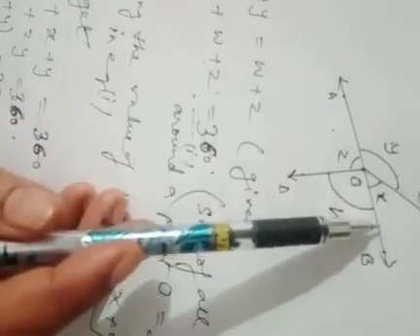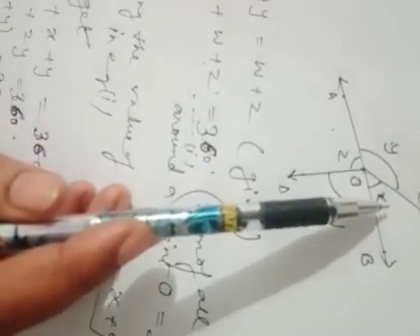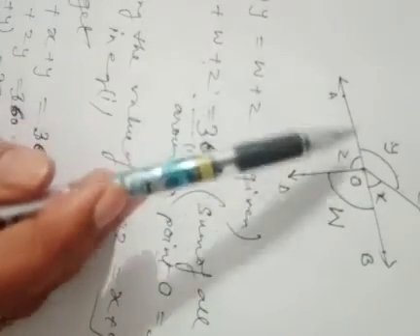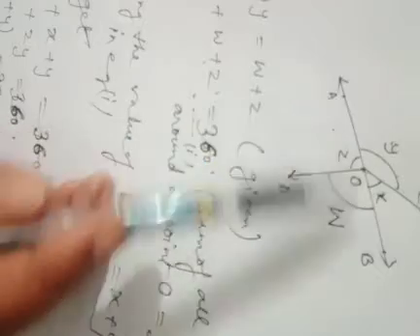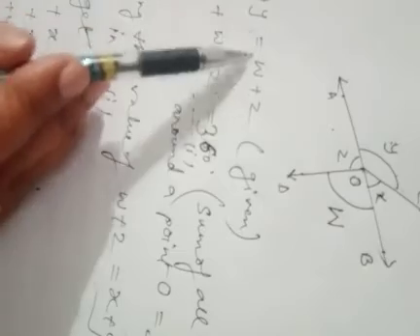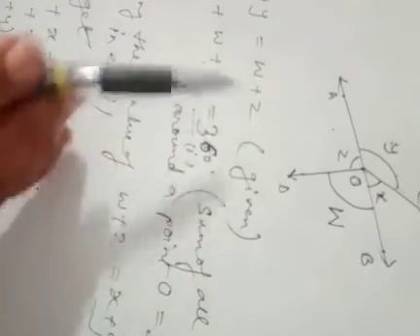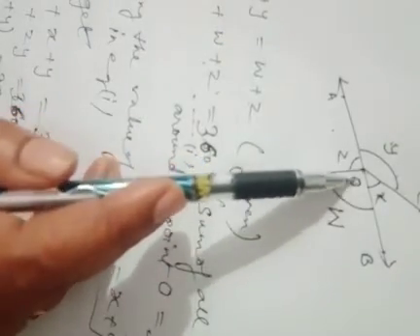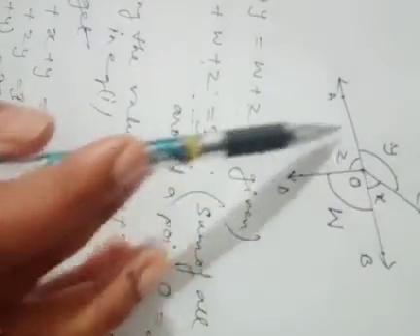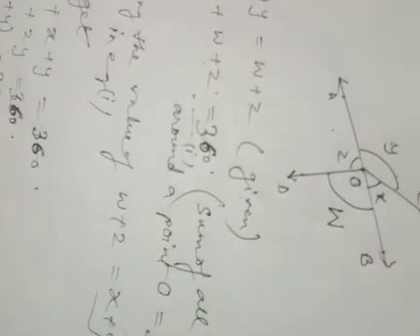Only when you can prove that x plus y is equal to 180 degree, because x and y are the linear pair of angles and the sum of all the angles of the straight line AB should be equal to 180 degree. So x plus y is equal to w plus z is given in the question. This information is already given in the question. Now you see that point O, around the point O there are so many angles x, y, z, w. So sum of all the angles around the point O should be equal to 360 degree.